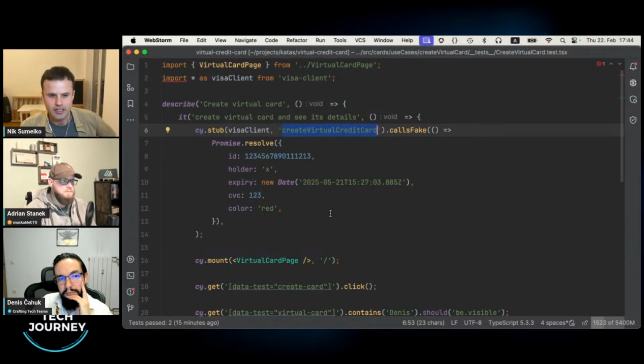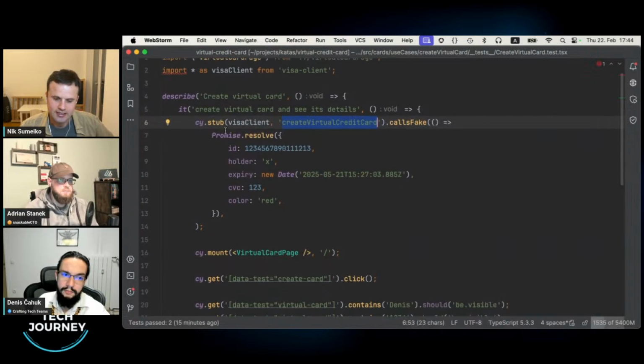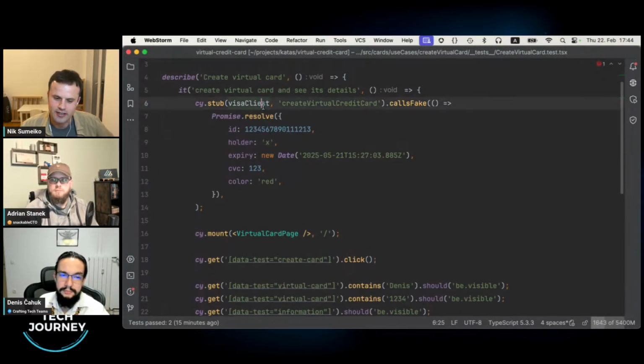Today also, yesterday or today, there was a discussion in regard to test doubles. I think Peter published it, exactly showing this. So this will make my test brittle. You know why? Because the test now knows that somewhere within this page, there is production code that actually consumes the Visa SDK, and the Visa SDK actually has that method. My test knows it. As soon as we replace Visa SDK with MasterCard SDK, this test will break.